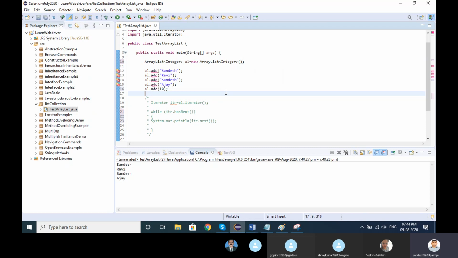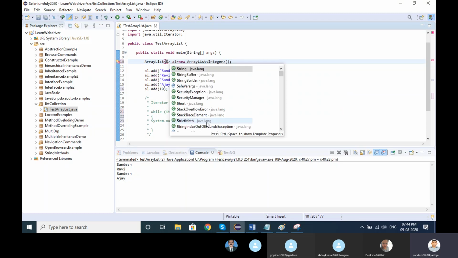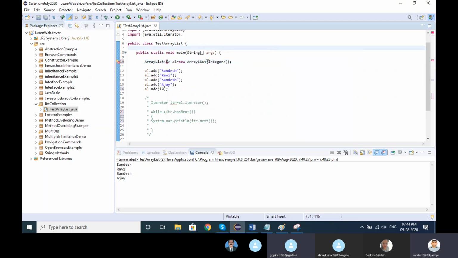You got it? At the time of compilation, this generic is required while working with collections. So it is always recommended to add the generic. And if you have not added that generic, it shows a warning by default, but anyway this program will work. But it is highly recommended to go with the generic itself.